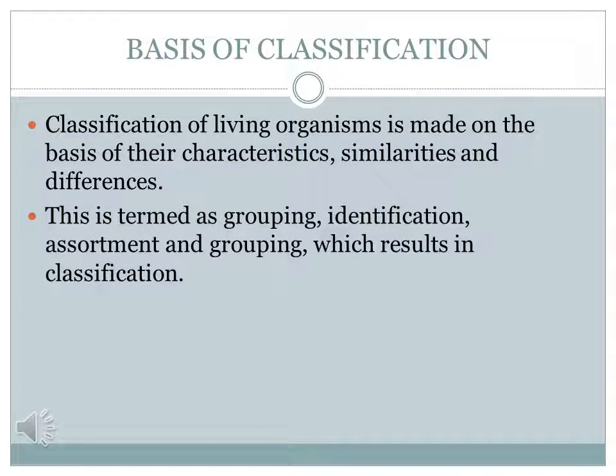Now let's move on to the next topic, basis of classification. The history of biological classification began with Aristotle, the Greek philosopher, who is often called the father of biological classification. He described animal classification based on their habitat, that is, air, water, and land. He was the first person to recognize the need for groups and group names in the study of the animal kingdom.